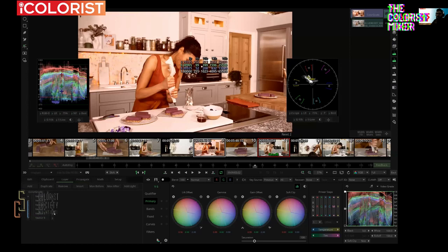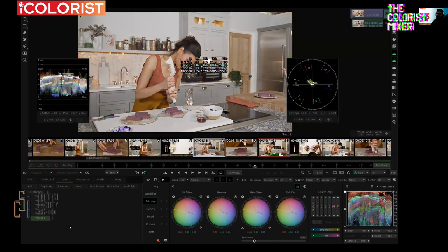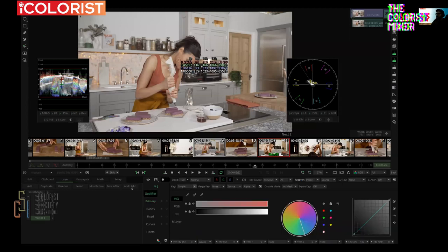So if I add a new layer and I say recover and I say source, we get the source there. People tend to believe that it's the blend option that will halve what we are doing here, but it's not that. What the blend is doing is blending any color correction that we've done. As we haven't done any, the only thing we're going to do is recover a little bit